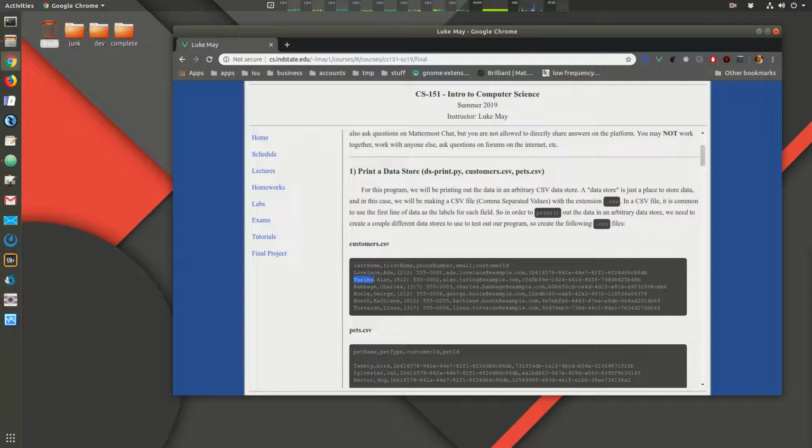In this second record, this is a different customer, and this is the last name of that customer. This is the last name of the third customer, etc. Then we see the first name is the next field: the first name of the first customer, the first name of the second. Here we have phone number. Again, this first line is just the labels for each of the fields. And then we have email,